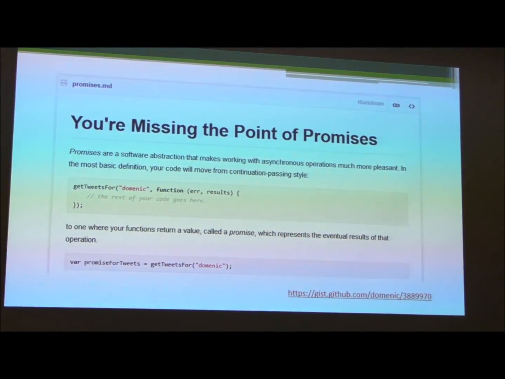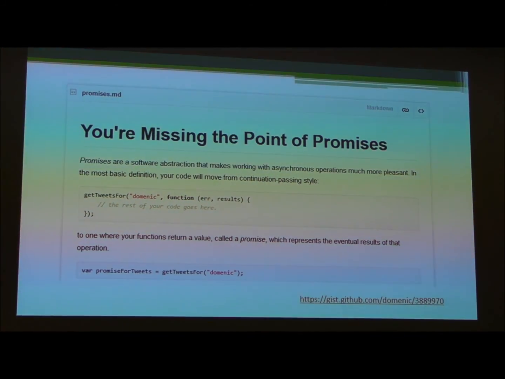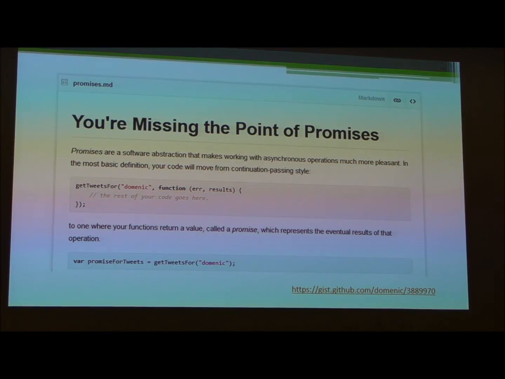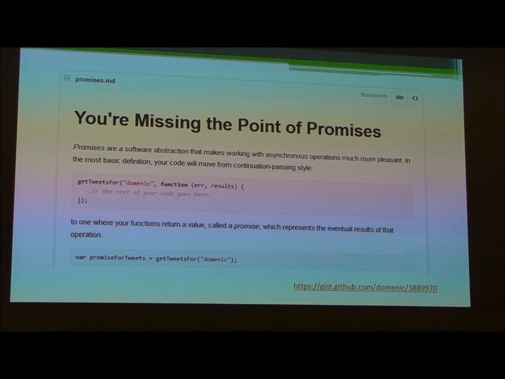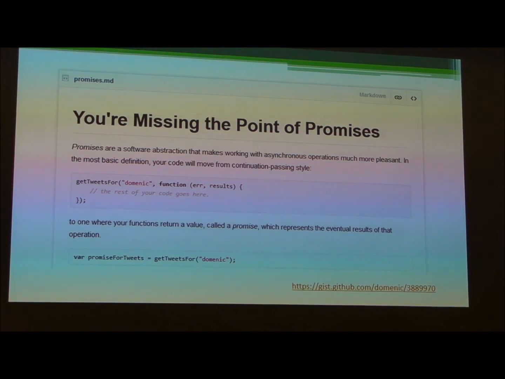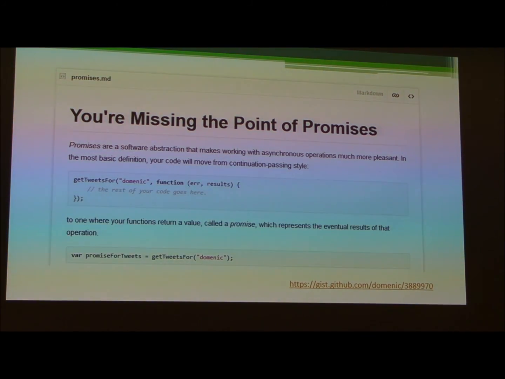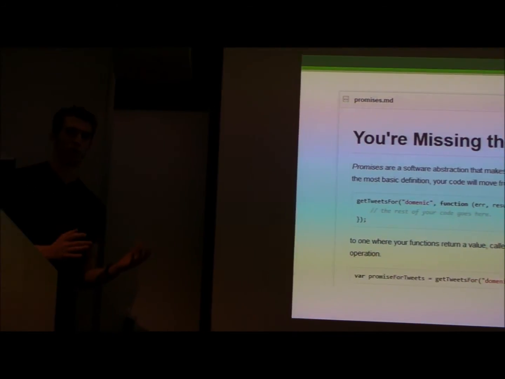I got angry and I wrote this long gist, or however they're pronouncing it these days, saying, you're missing the point of promises. jQuery is missing the point of promises. If you think jQuery is doing it right, you're missing the point of promises. And whoever this guy is who's submitting that pull request is definitely missing the point of promises. It wasn't actually a personal attack on those people, but it was like, here's the point. And a lot of it was the material we've covered about this being an abstraction for the correspondence between synchronous and asynchronous programming. It gives you back a call stack for the asynchronous world. If you don't follow these invariants, you're really missing the point and losing out on all the benefits.